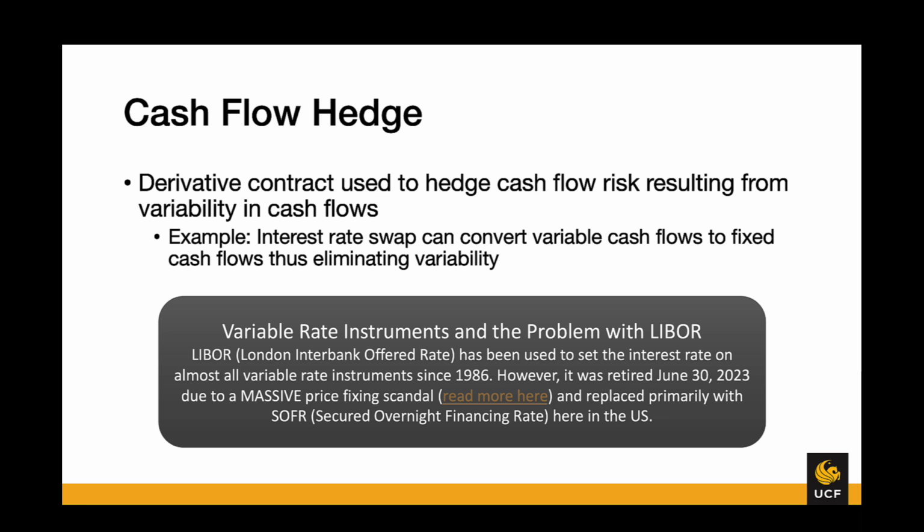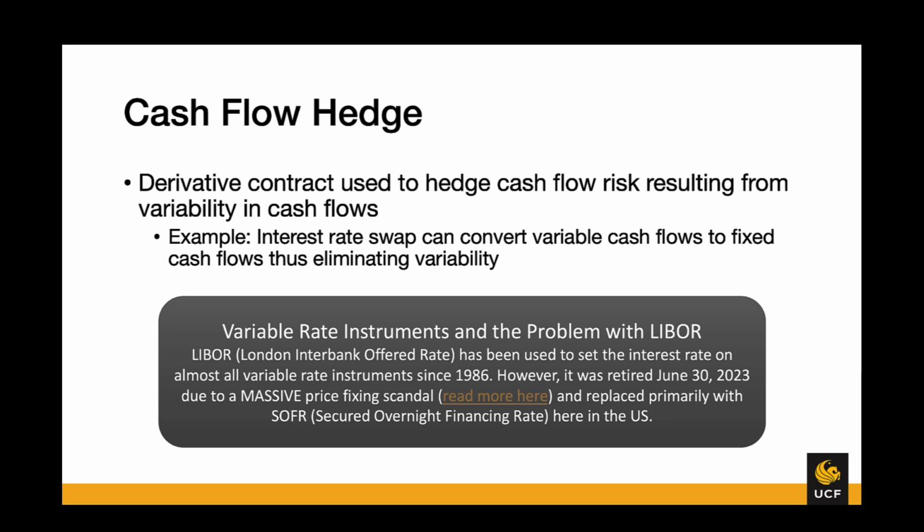And so the banks kind of negotiate what this rate is, they get the deal done, and then they publish this information. And so then what we do is when we have variable rate products that are offered to the public, they tend to be written at LIBOR plus 2% or LIBOR plus 3%. Because anybody other than another bank is considered to be more risky, so they would have to charge a higher rate. So LIBOR was the basis of pretty much every variable rate instrument since like 1986, until it came out